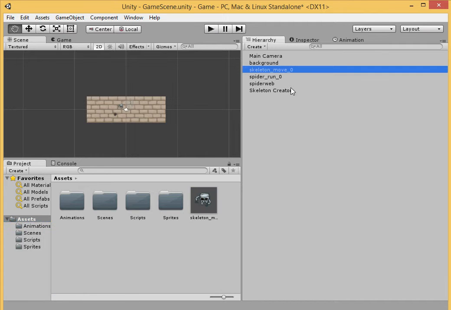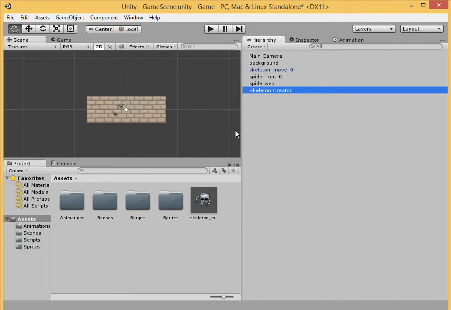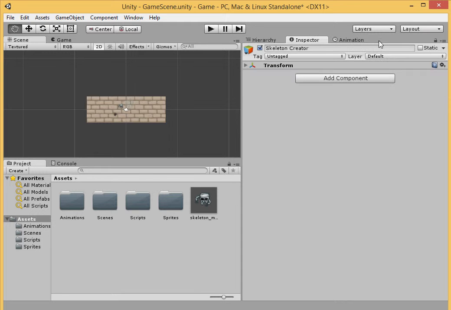and see how that made this blue now? That means this is a prefab. Prefabrication means that the object was made before, but now this is going to help us make multiple objects of it. Okay, now that we have that, we are going to select skeleton creator and go to the